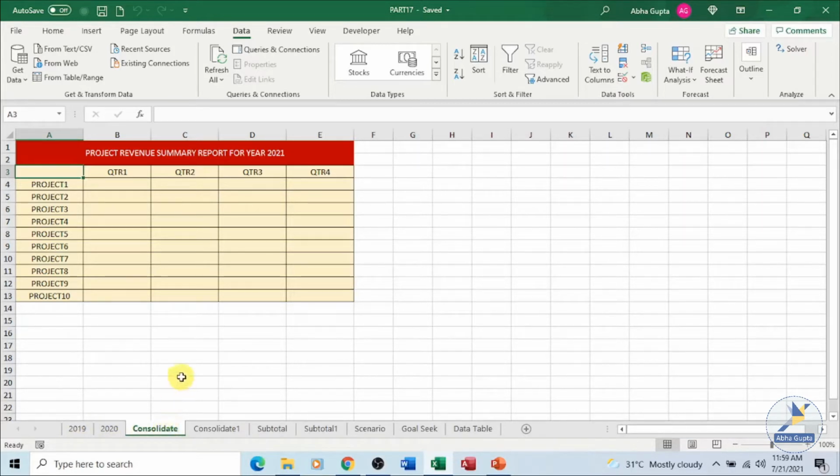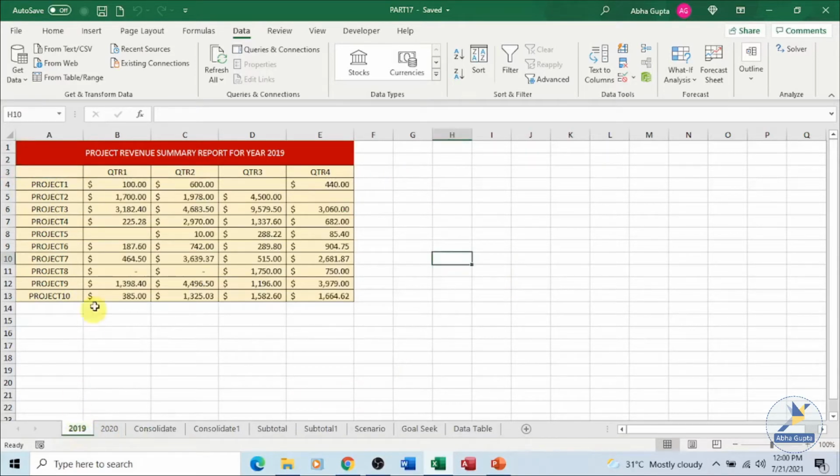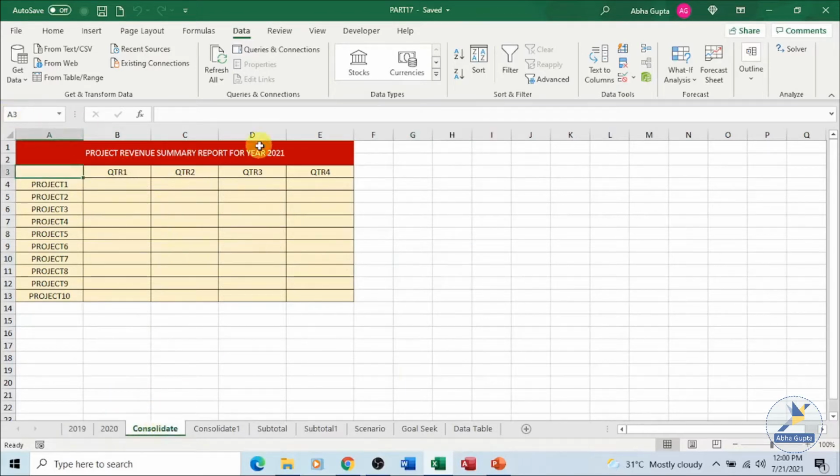Now we have one more feature where if we make changes to the previous sheets, the consolidated data will reflect those changes. So we'll see that as well. I have a format already in place for 2019 and 2020, and the same way I have the formatting in place.